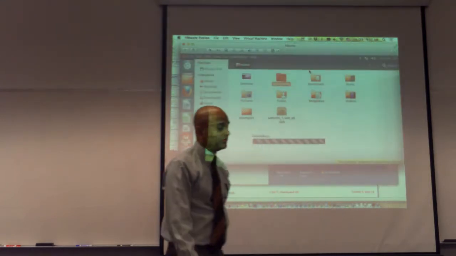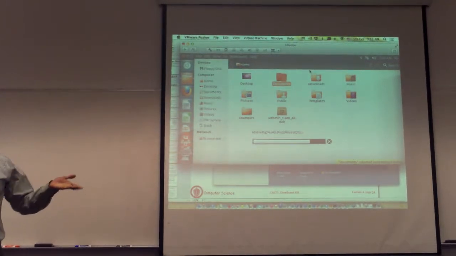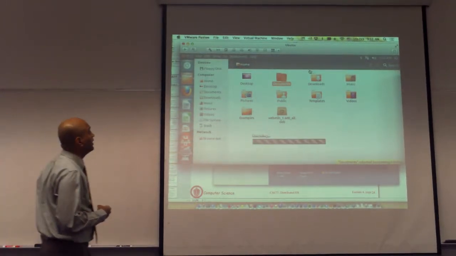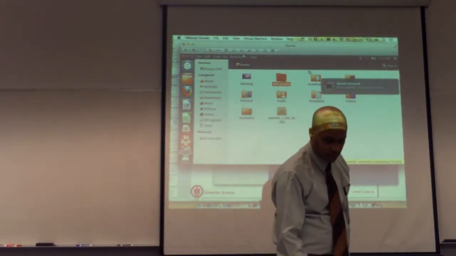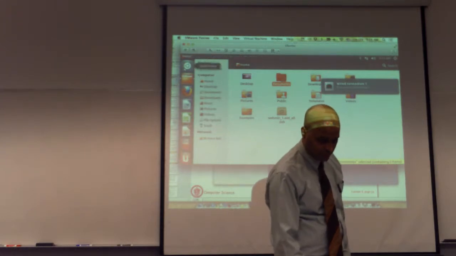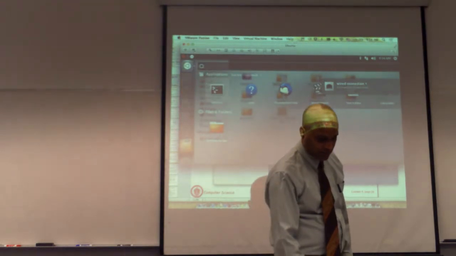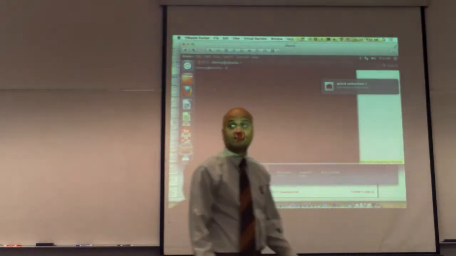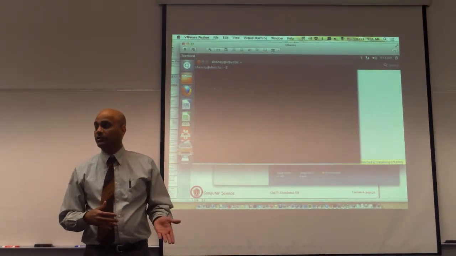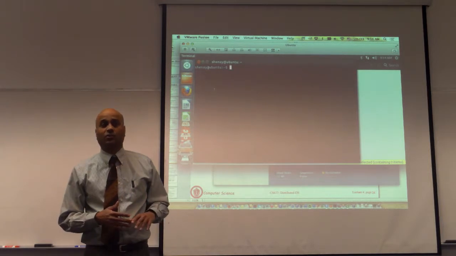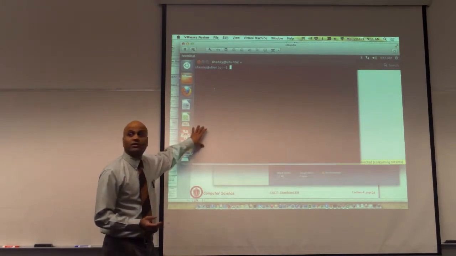So I'm going to restart this VM. It's going to restart my Linux virtual machine, which is obviously running on my Mac here. Okay, now it has started up. It will be a little slow, but nevertheless, it will do what we want it to do. I will start a terminal. Now this virtual machine is running Ubuntu Linux on a hypervisor which is itself running on the Mac. So Mac OS X is the host operating system, there's a virtualization layer which is VMware, and inside there is Linux running.